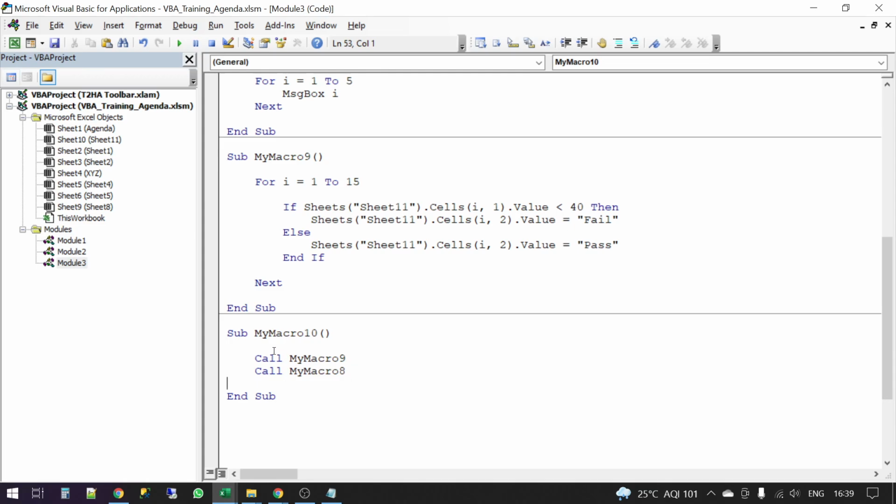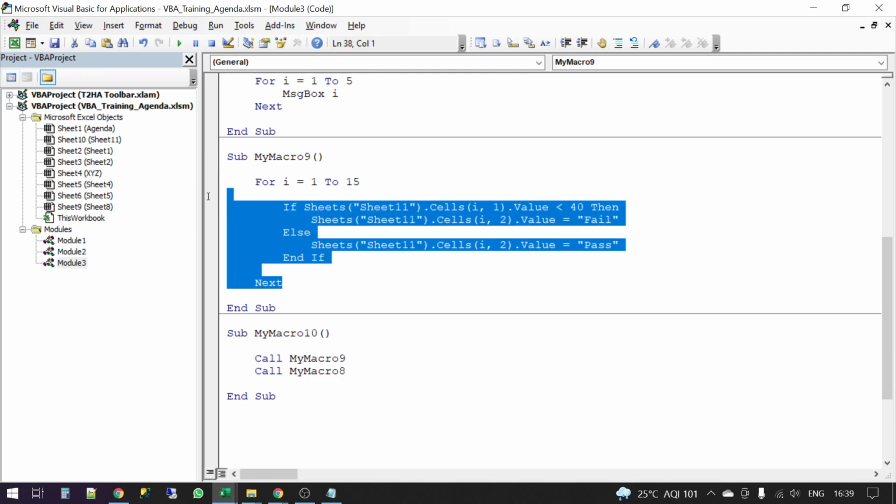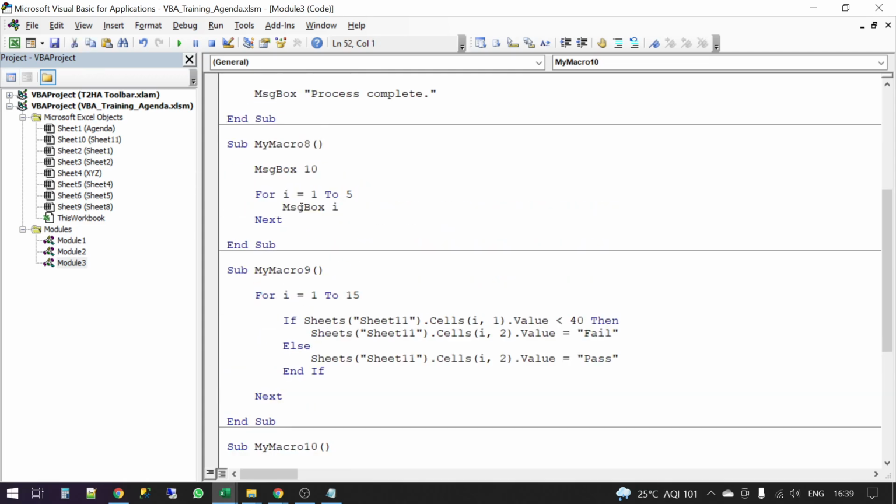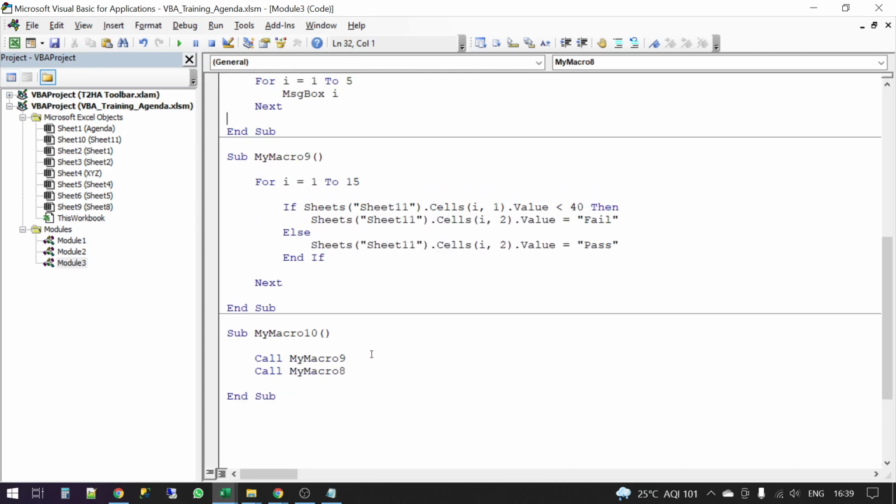If I run this, it will first run the entire macro 9, then it will run macro 8, and so on. But I hardly ever use it, to be very frank. But if you really have to modularize and separate the parts of your automation code in different macros and you want to run them one by one, why not? You can do it.